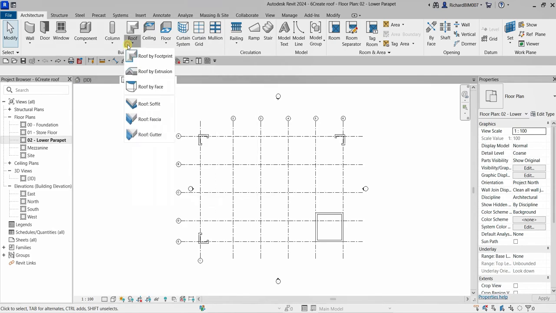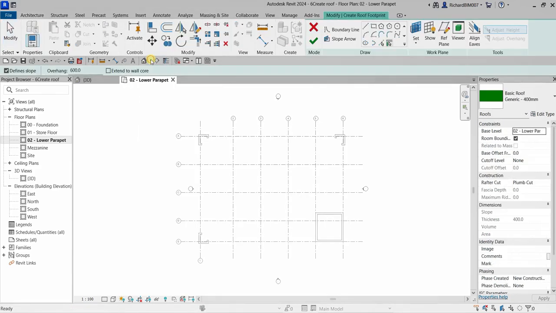If you click the drop down arrow, you can see several options in creating your roof: by footprint, by extrusion, by face, and then you can also create a soffit, fascia, and gutter as well. So our tool that we will be using here is roof by footprint. Okay, so we're going to click the footprint of our walls here to create the boundary of our roof. All right, so let's click this roof by footprint, and then from the modify create roof footprint contextual tab,